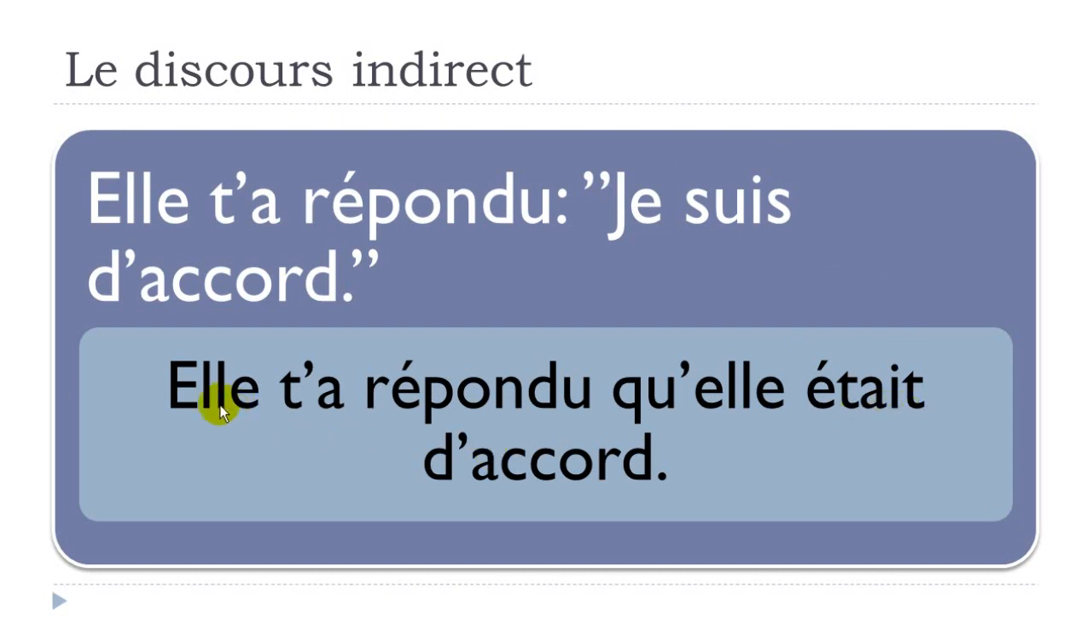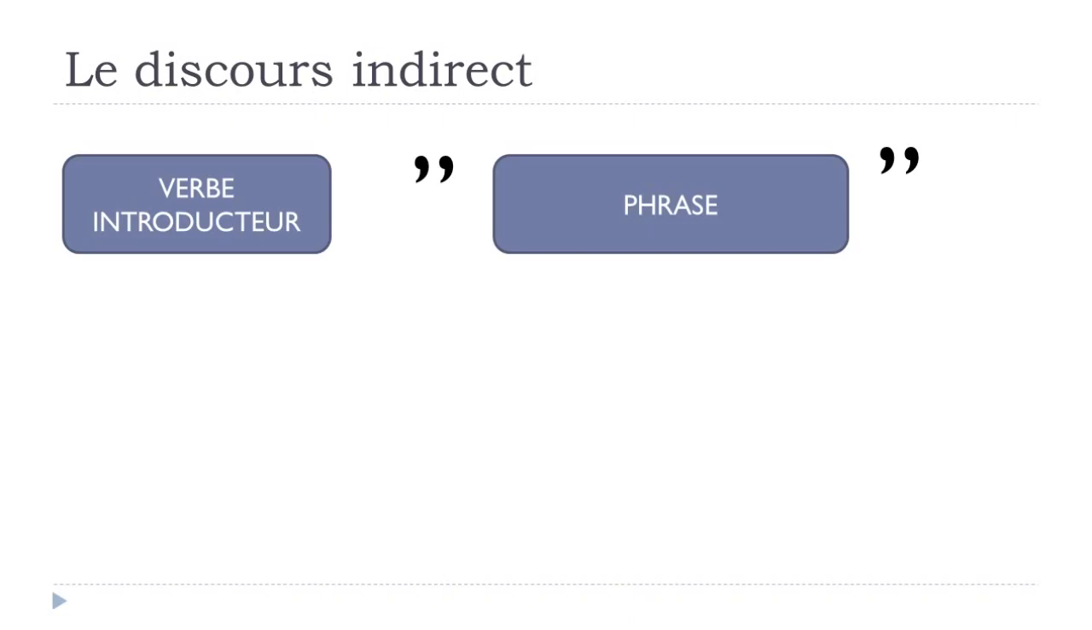And you get the sentence, elle t'a répondu qu'elle était d'accord. All right? So this is the way that you should follow if you want to make this discours indirect. In the first part you've got the past, and in the second part you've got the present form. Okay? So let's see now how we do if we've got still the same thing, the passé,